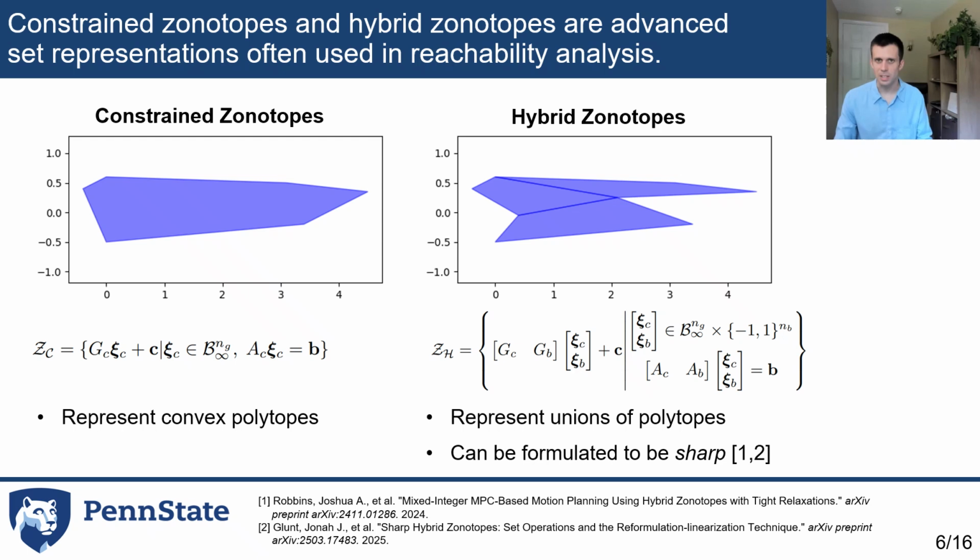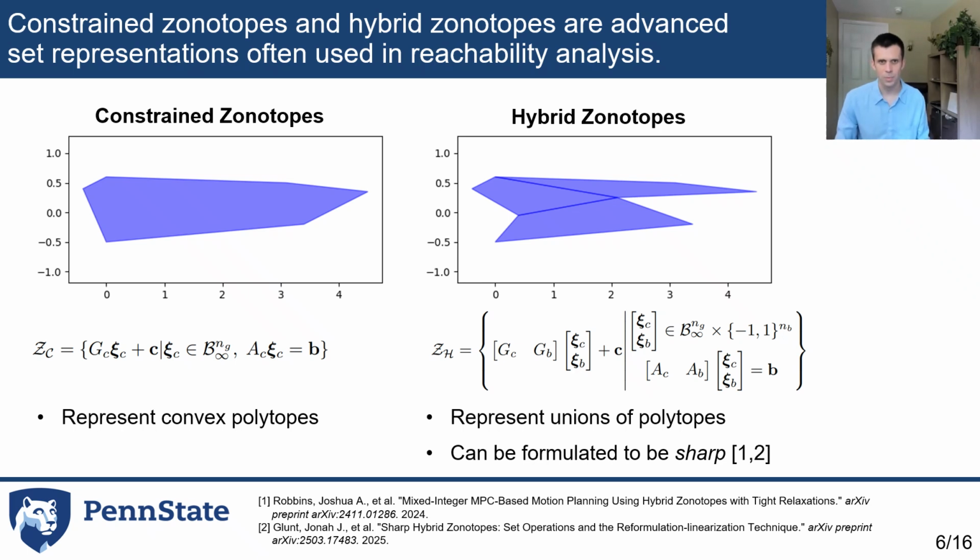This slide presents some quick background on constrained zonotopes and hybrid zonotopes, which are advanced set representations most often used in reachability analysis, and which we use to represent constraint sets in our motion planner. So constrained zonotopes are defined by this equation on the left side of the slide, and they represent convex polytopes. Hybrid zonotopes extend constrained zonotopes by including binary variables, and they're represented by this equation on the right side of